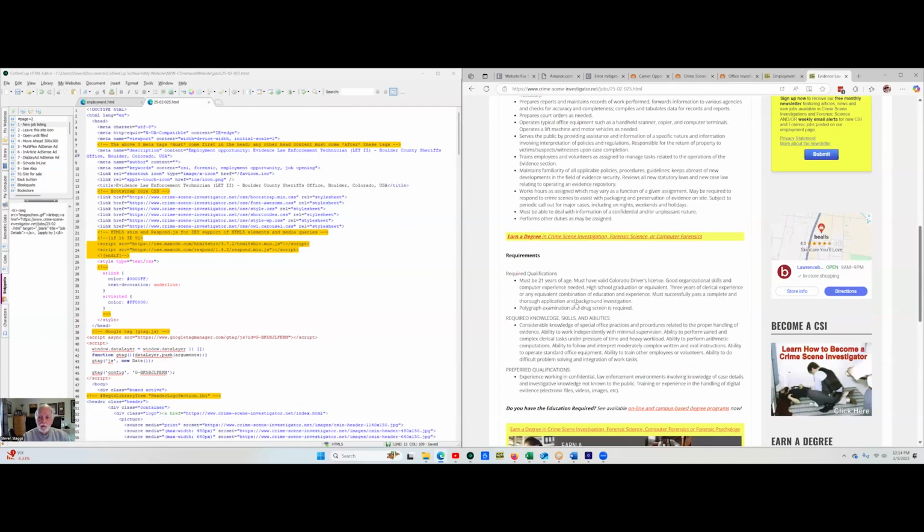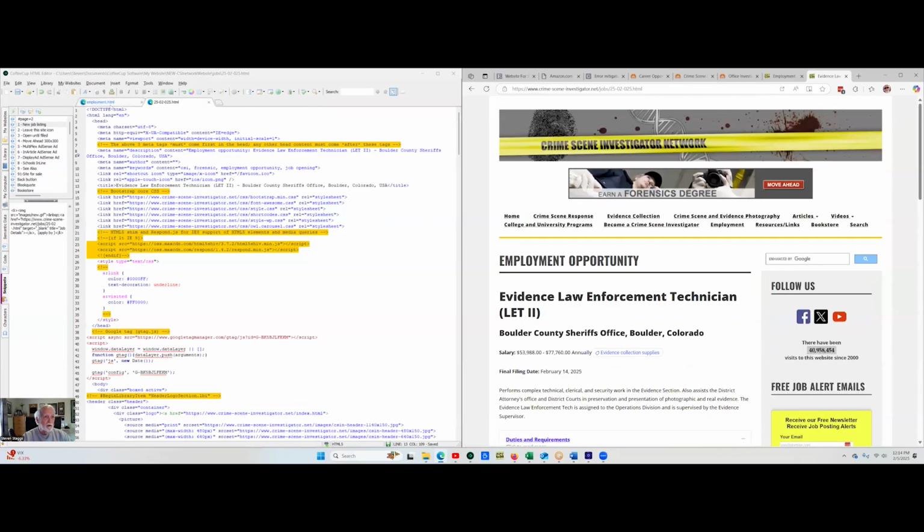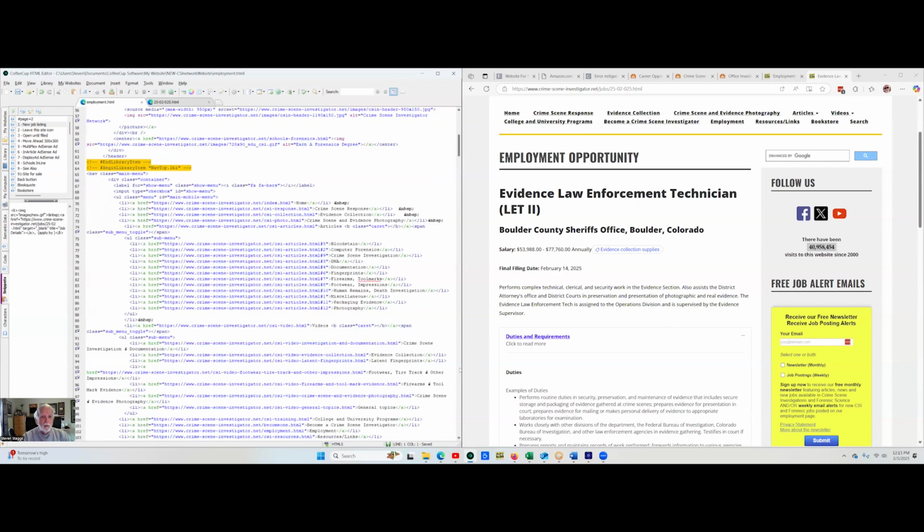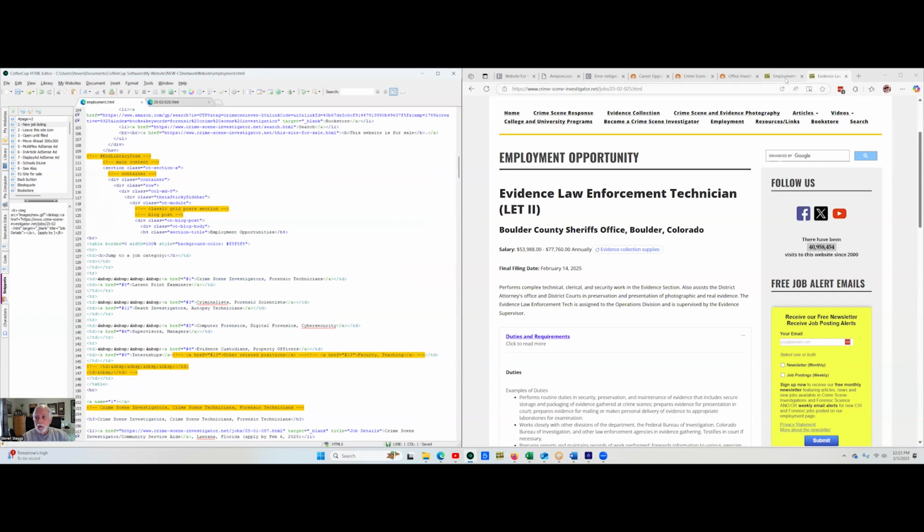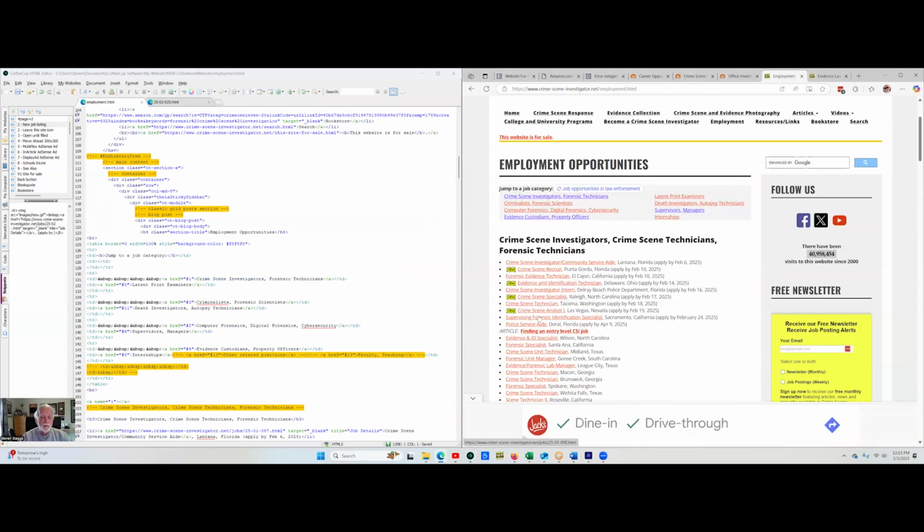Now, the next thing I need to do is add this job to the employment page. So I go to the HTML page for employment. One thing I need to do here, before I put any new jobs on, is take the new icon off of these jobs, because yesterday I sent out the job alert email. So I sent out